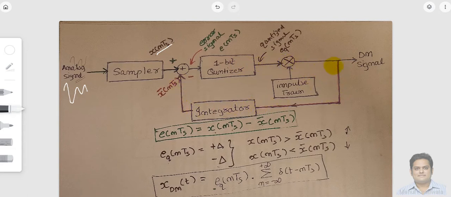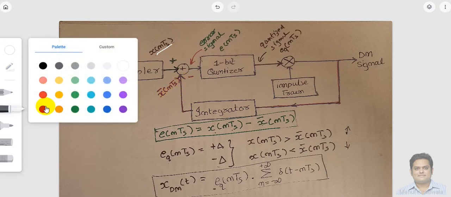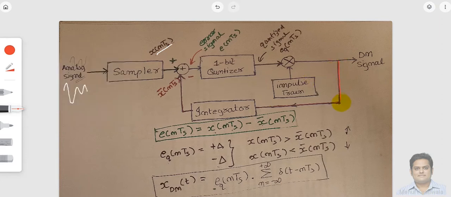And as I have told you, this is the feedback signal, right? So we are using some sort of feedback and we are calling this a quantized signal, fine. This is where I am getting this quantized signal as a feedback, right? I'm using some sort of integrator to integrate my signal values.